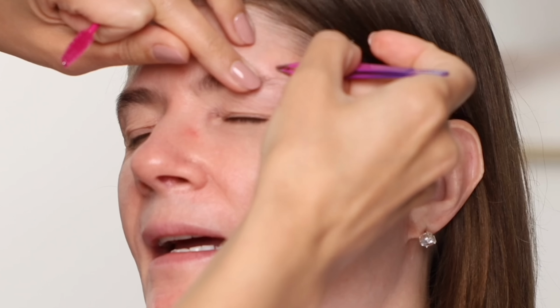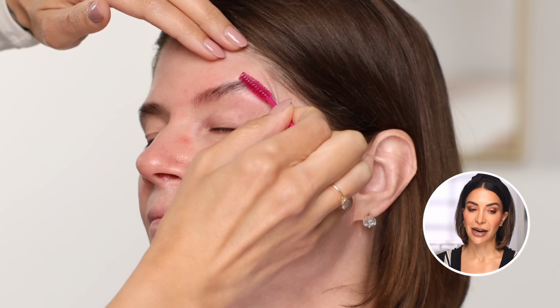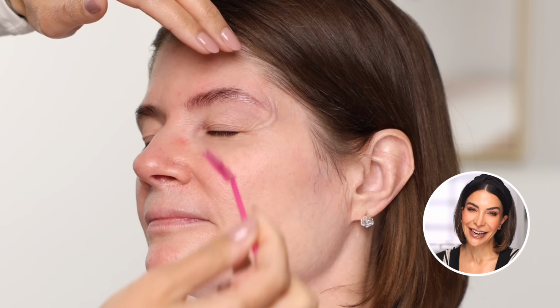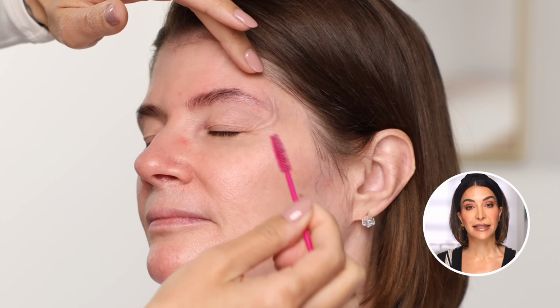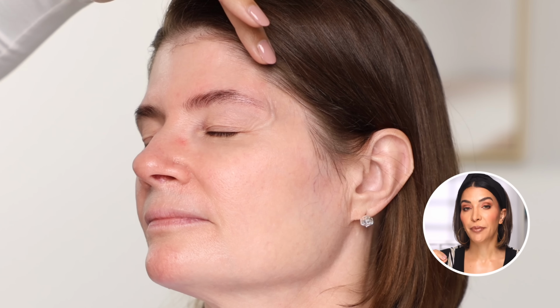Once they're nice and groomed and we've got as much space as we can while staying natural, right? We can then go in and fill in the brows. So what I'm doing right now to fill in brows, I've implemented a new technique and I've made an entire video about it. What I do is I really like gelling the brows to organize the hairs first, and then I look and see where hairs are missing, and I strategically sketch one hair at a time in those missing